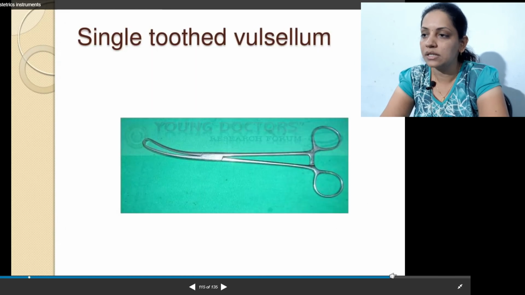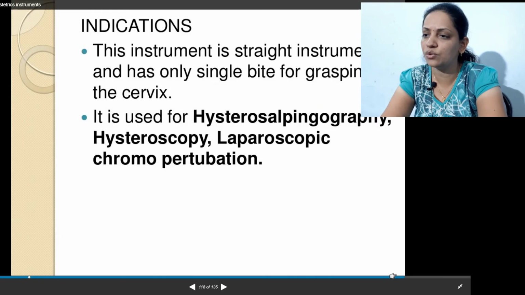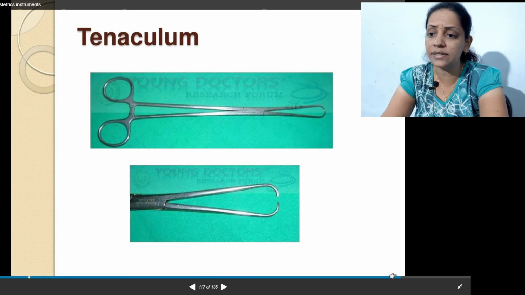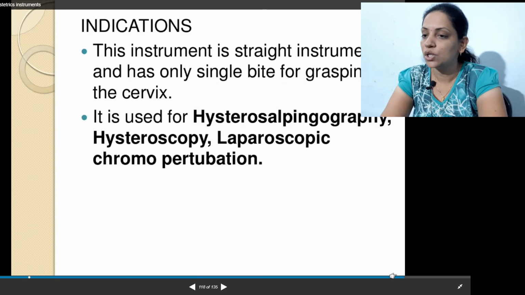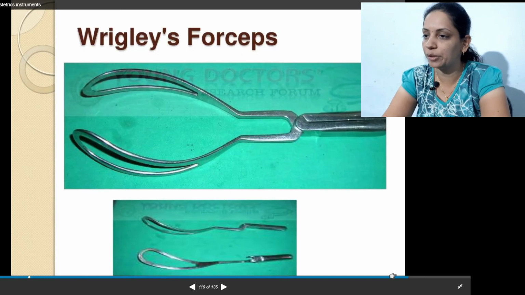This is again a single-toothed volsellum, used in D&C and other operative procedures. This is again the tenaculum, but the ends are very sharp, so it needs careful handling. It is used for laparoscopic and hysteroscopic procedures.